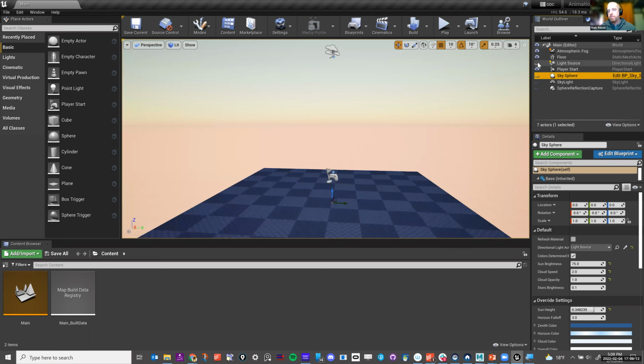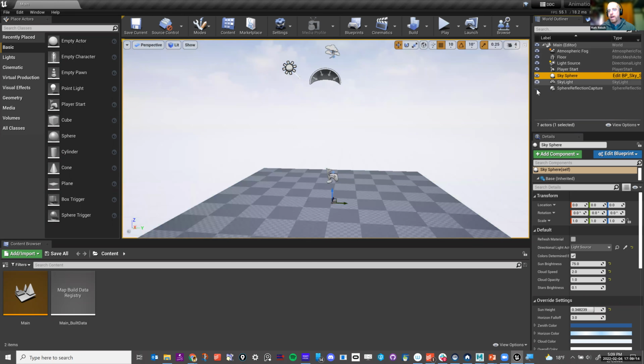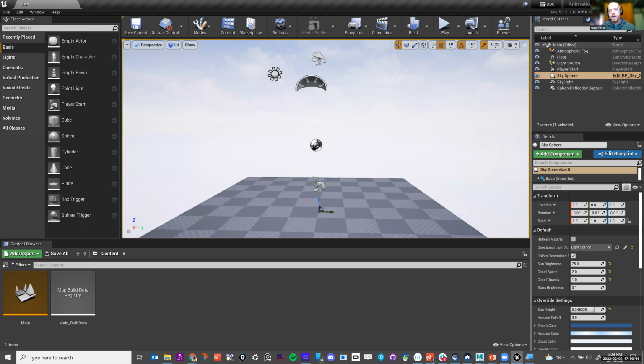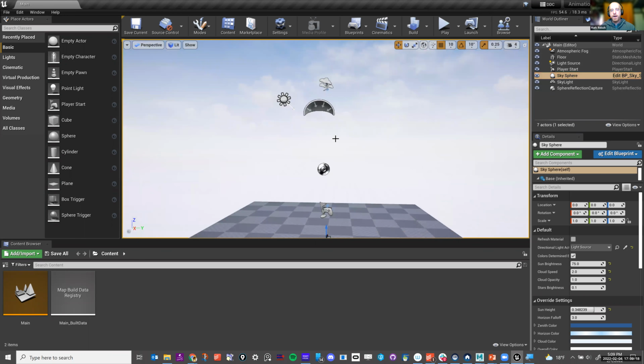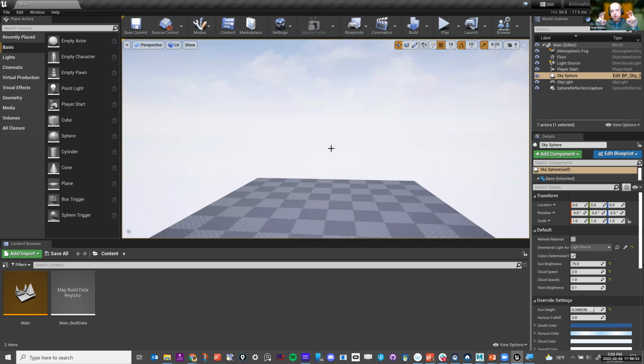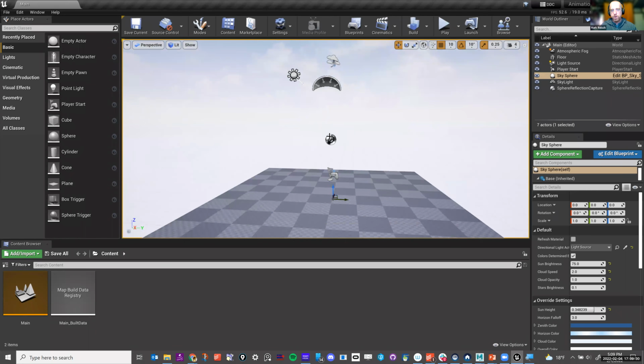So you can turn all that stuff on, but if it drives you bananas and you want to have it on but you don't want to see it, the shortcut for that is just G, and it puts it into game mode, and that will get rid of that stuff if you don't want to see it on the screen. But we're going to leave it there for right now so that you'll know where it is.